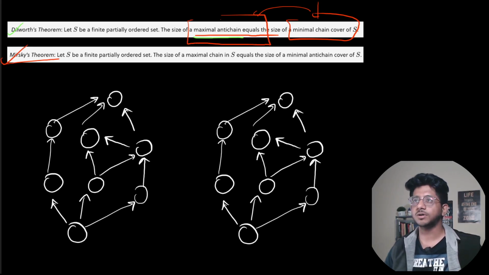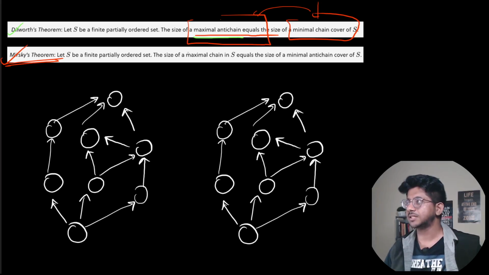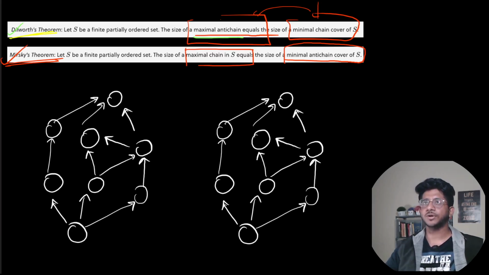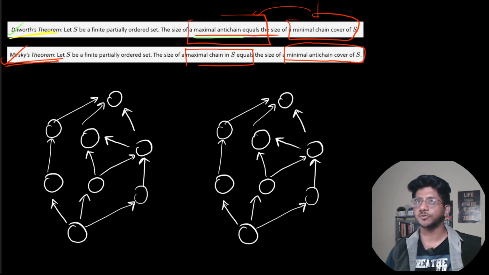There is another theorem called Mirsky's theorem, which is exactly the dual of this, a counterpart to this, which says that the maximal chain is equal to the minimal anti-chain decomposition of S. And just to visualize what these mean, if you see Dilworth's theorem, we are trying to decompose it into paths. So over here, there would be this path. We might try to cover this with a path,